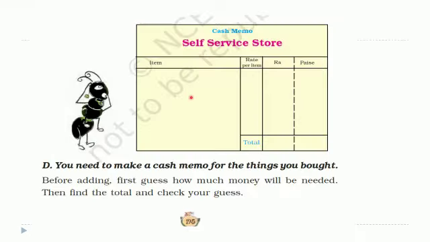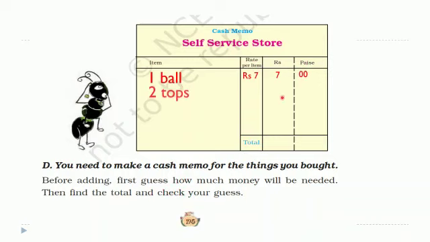Now here they have given that you yourself make one cash memo and write here. So just now we have written what all things we are buying for 20 rupees. So the first one I will cover here. I wrote there 1 ball. So what is the cost per item? 7 rupees. I have brought only 1 ball, so it is 7 rupees and 0 paise.